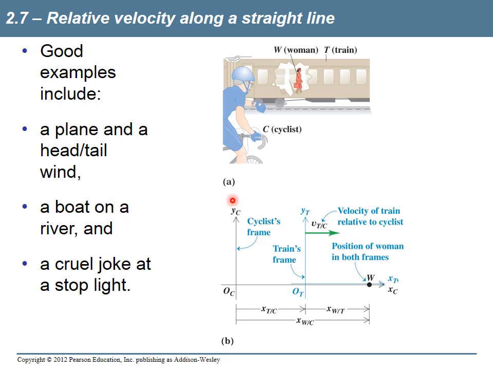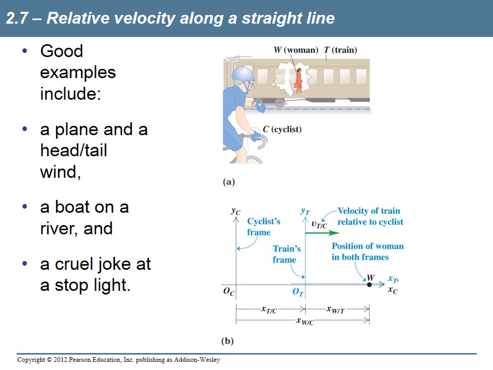So a way to think of this graphically in terms of charts, we have the frame of reference of the cyclist starts here. So his frame of reference, I should say, is the Earth, right? So everything is sort of just stationary on the Earth, and the train and the woman are both moving. So that's his frame of reference. The woman's frame of reference is this one right here. The train's frame of reference, I should say, is